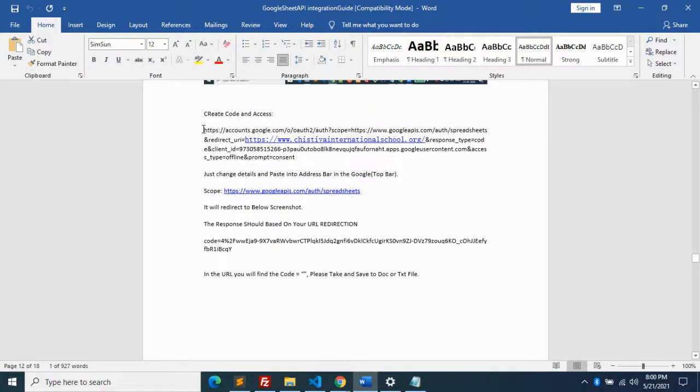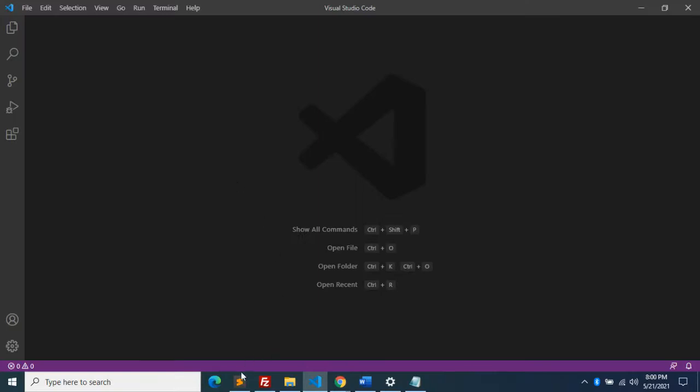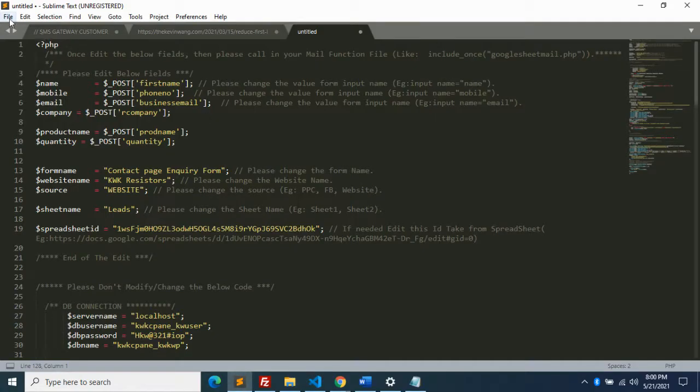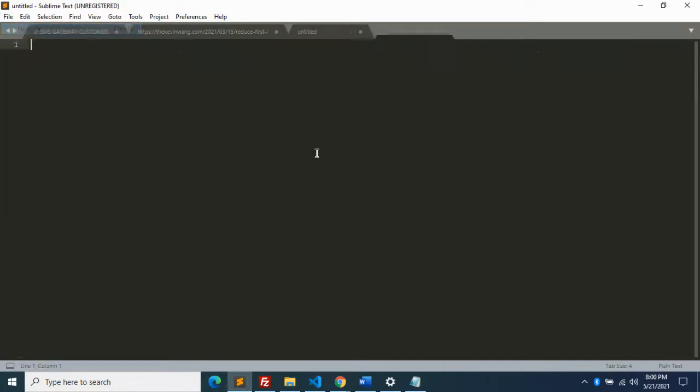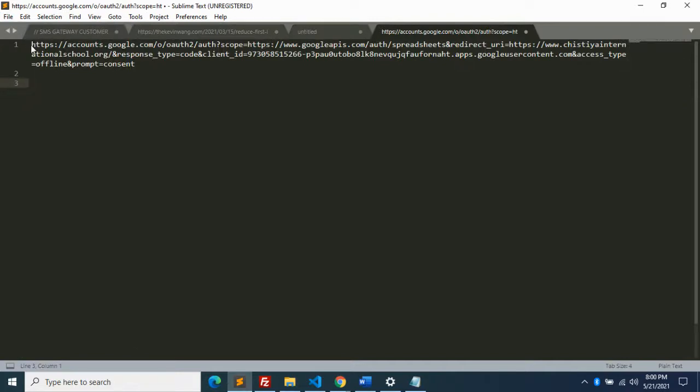So first we have to get the code access. This is called accounts OAuth2 scope. Using this, we are asking Google to access the spreadsheet. See, redirect URI. We already have the redirect URI.